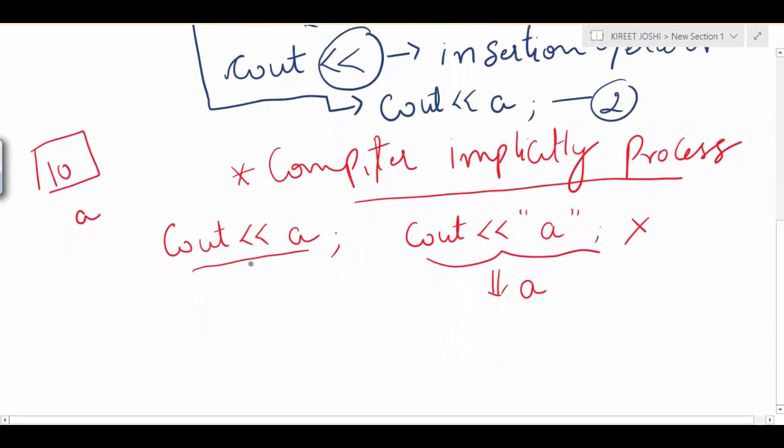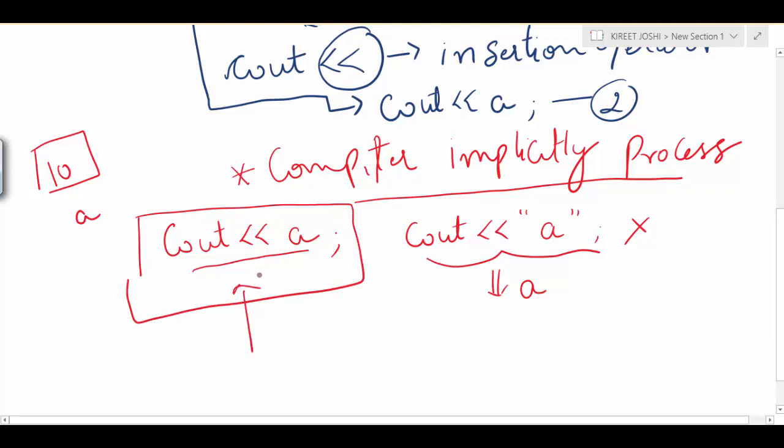Secondly, what is the meaning and significance of this particular statement? It means that this insertion operator is providing the value residing inside this variable to the cout object, so that the cout object will print it onto the console.